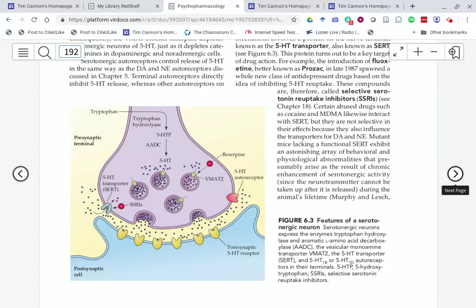SERT is very important, and we can knock that out, and that has dramatic effects on animals. If you block that receptor, you can't get serotonin easily out of your synaptic cleft. It can diffuse away, of course, but the SERT transporter mechanism is much quicker. So drugs, there's SSRIs, which have been alluded to before, and they show up heavily in this chapter. They slow down reuptake, therefore lengthening the impact of